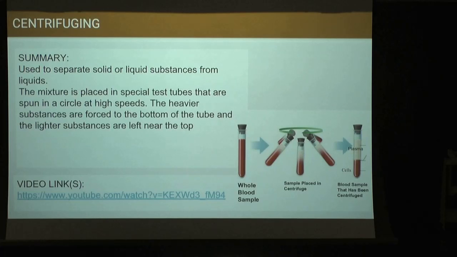Mr. Mitchell kind of gave you a sense. That's kind of what we want you to come up with. I guess we can watch the centrifuging video. In the description there, you can use your own words, but make sure it's complete. Make sure it describes it well enough that someone can understand exactly what you're getting at. I'm not going to be too concerned about complete sentences, but you want to be thorough in your